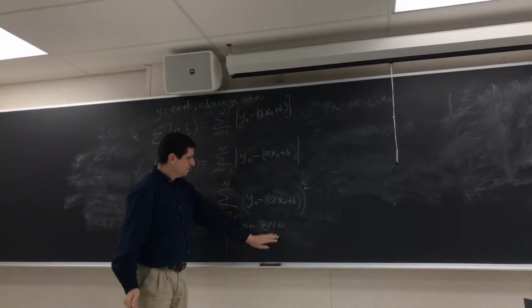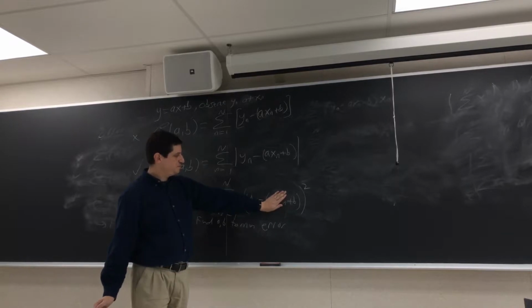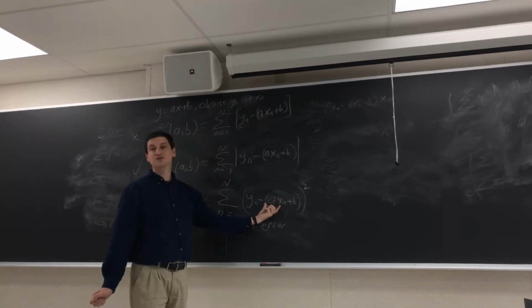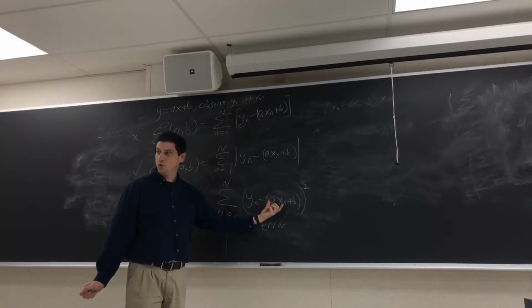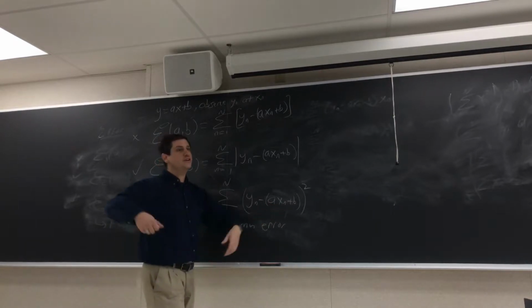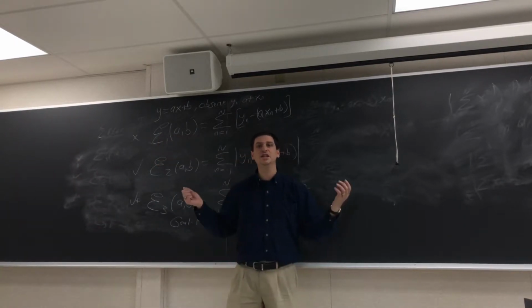Imagine A is fixed and B goes off to infinity. Then this difference is going to look like negative infinity. I'm going to square it. It's going to become positive infinity. So if either A or B is going off to infinity, it's clearly not going to be the best fit